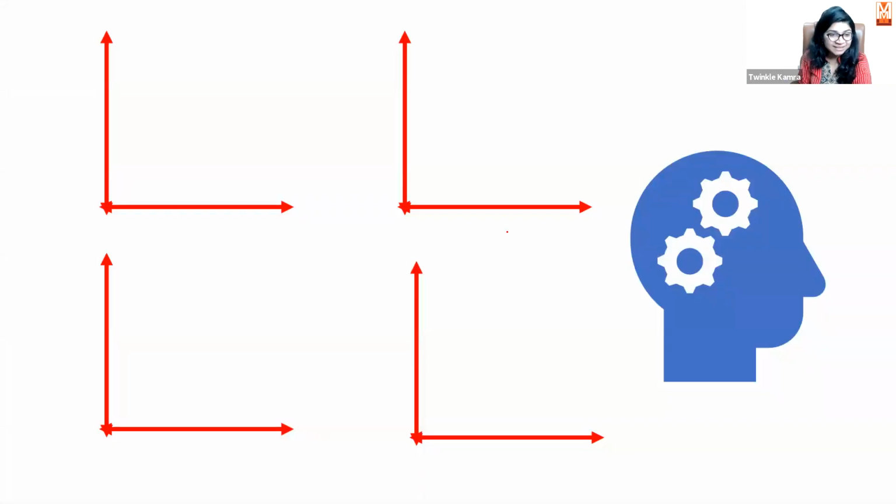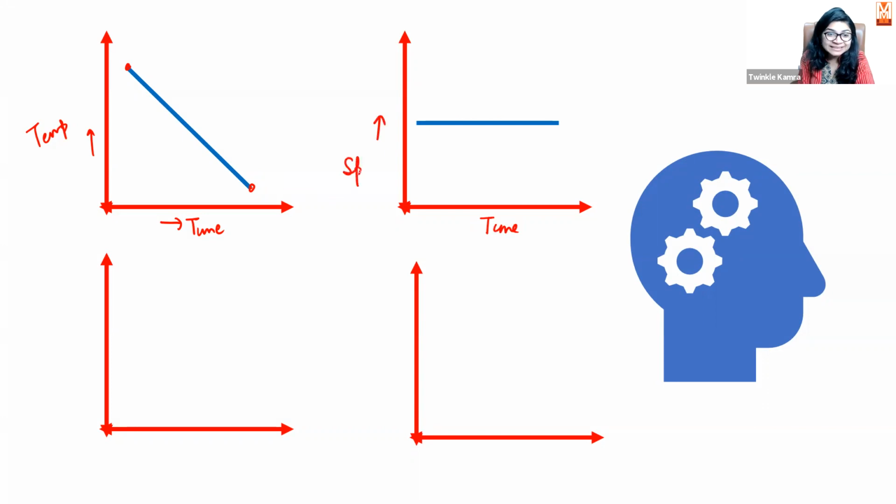So let's look at a few examples. Let's say this is the time and this is the temperature. The temperature of a patient keeps decreasing, decreasing. Or let's take the temperature of hot water. As time passes, the temperature will decrease. Then let me take the case where it is fixed, like a person traveling to different cities. As the time is passing, the speed is the same.